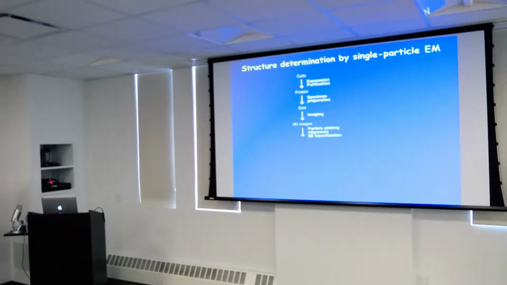We do this by picking particles, aligning them to each other, usually do 2D classification, and so we end up with 2D averages of the molecules, which are still 2D projections, but now you should have a much better signal-to-noise ratio. And so I try to really prepare as minimal as I can,